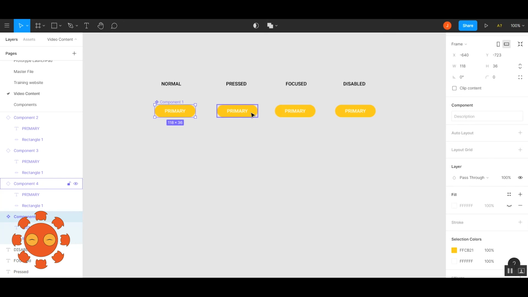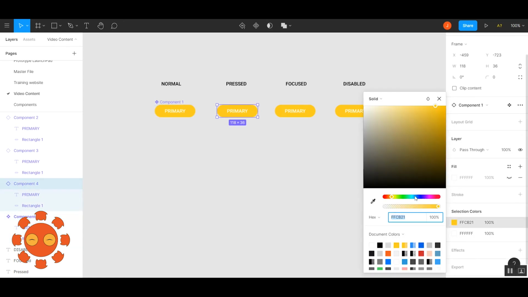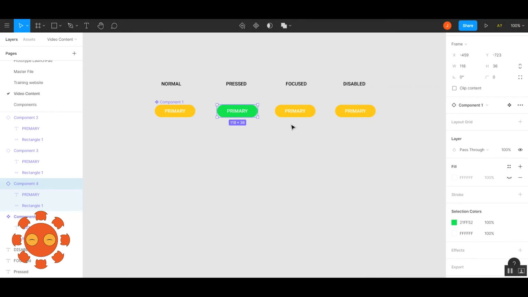But you can also change only one instance, which will not influence or impact the master component or any other instances. So if you need to override some of the properties from the main component, you can always do that. Overrides allow users to make variations on the original component.